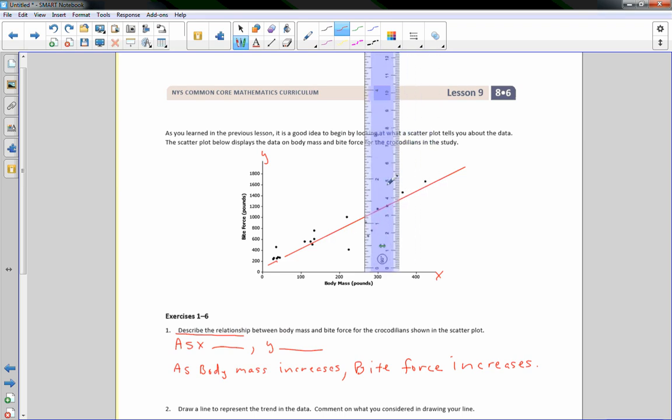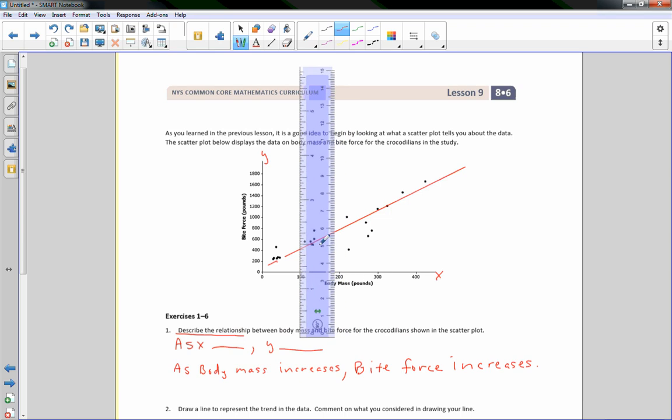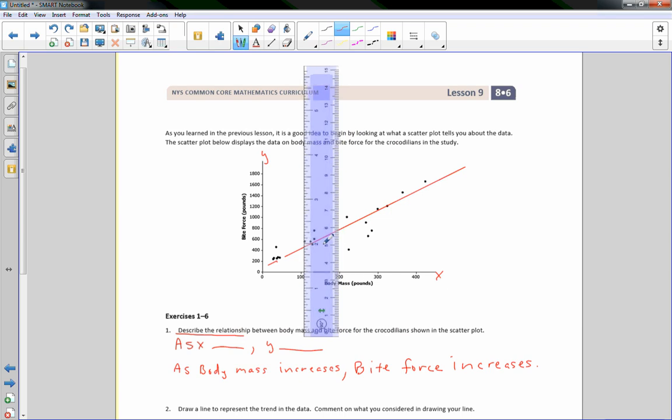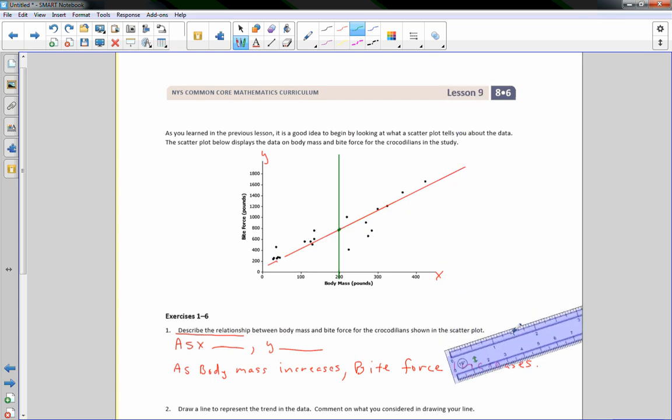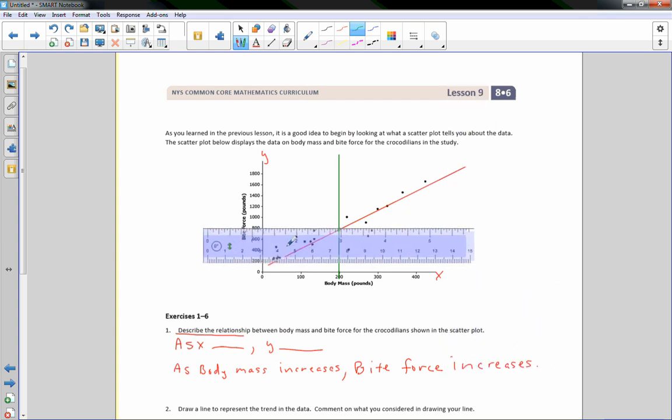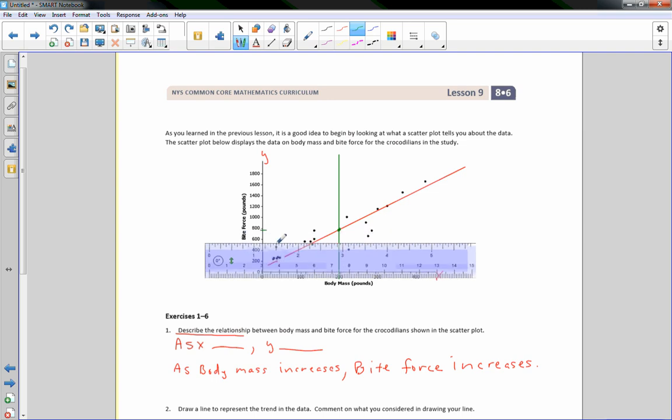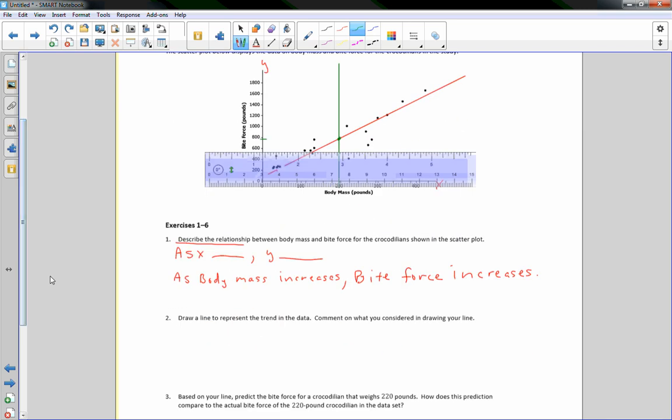ruler, and I want a 200-pound body mass, so I'm going to put this at 200 pounds, and I'm going to draw that line right there. So at 200 pounds, we hit our line of best fit right there, and if I rotate this down like so, then I can find where that is on the y-axis, and it's just under 800 pounds. So I would say